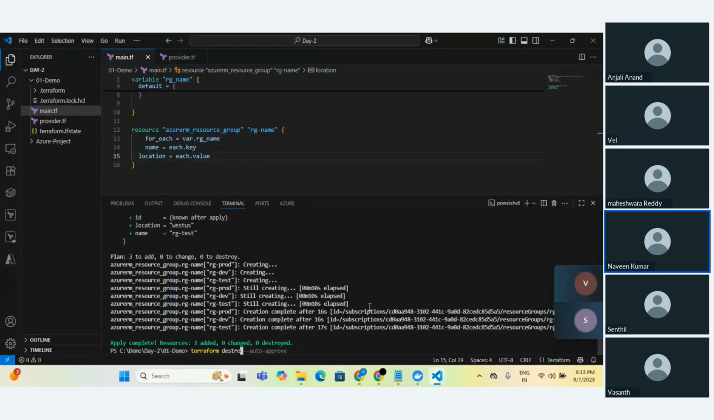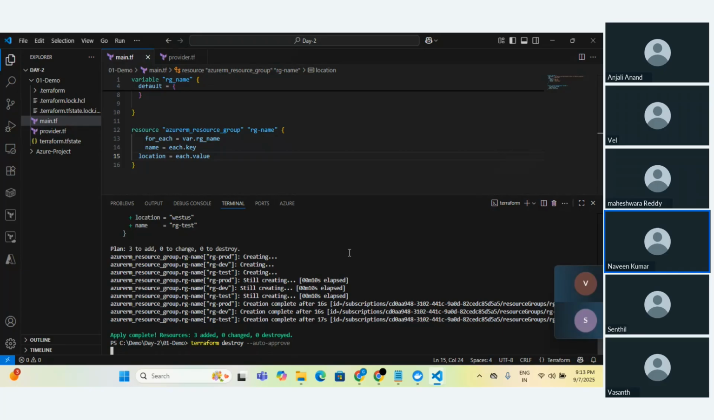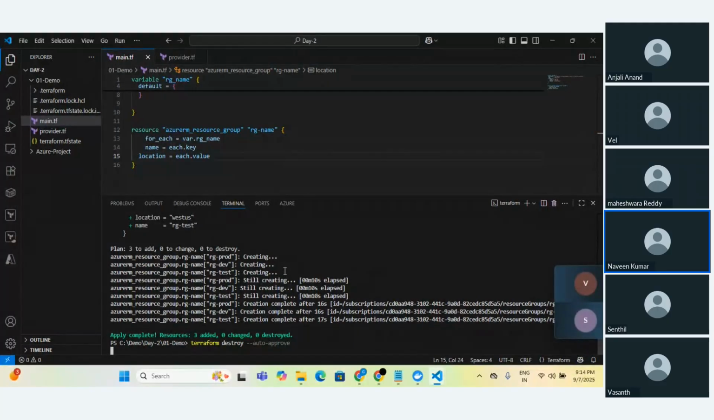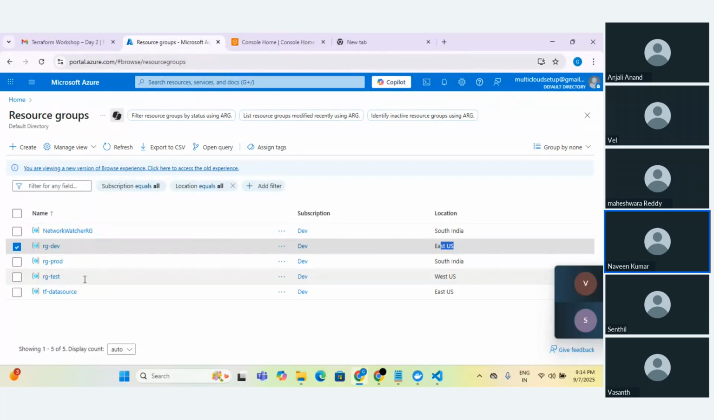Okay, I just want to show you this option is also available. So I'll go ahead and destroy. So after this, what I want to show you next is, so far, whatever we have